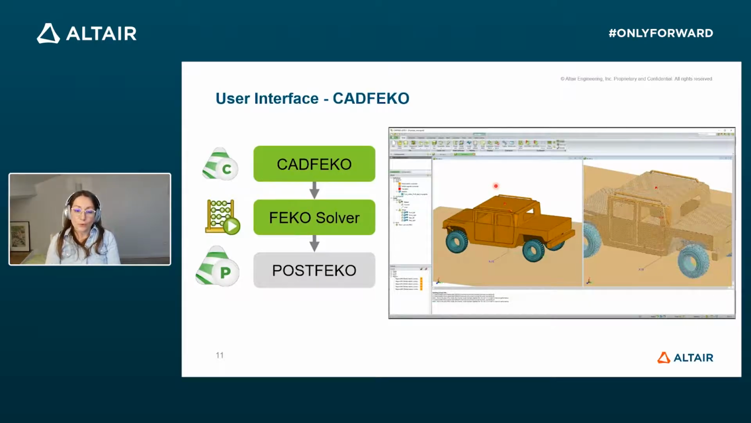You are able to assign different material properties to your geometry. You will also be able to set your sources, your frequency solution, and all your requests. So whether you're interested in outputs such as far fields or near fields, currents, etc. So all this you are able to do in CAD Feko. You will also be able to set your solver settings, so choose which numerical method will be used during the